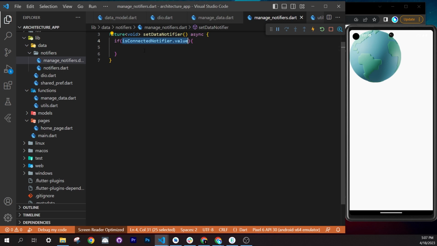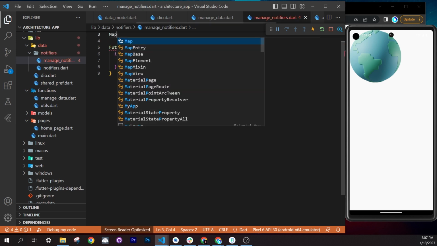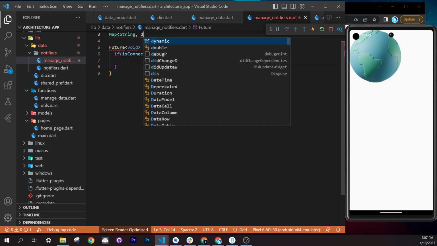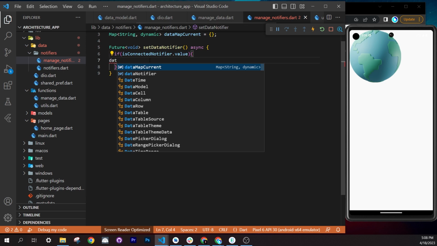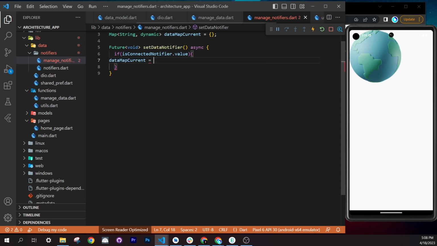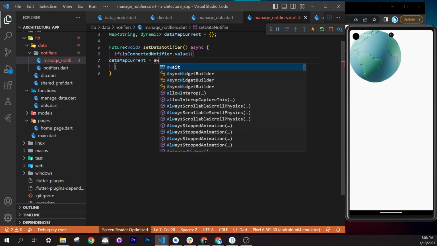So if we have an internet connection, then we will set the data as the external data. So we will create a map of string dynamic, string and dynamic. This one will be called the data map current value, or just current. Okay, and when we start, the default value will be an empty map. And so if we have an internet connection, we will set the data map current is equal to the await